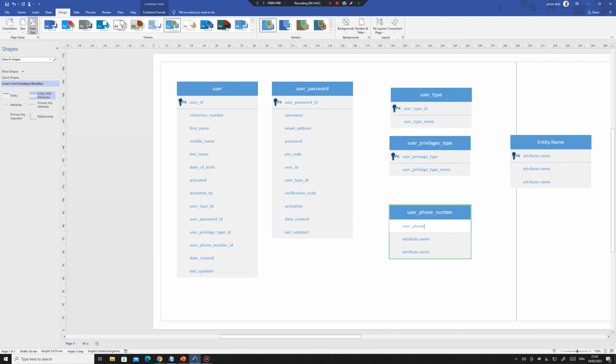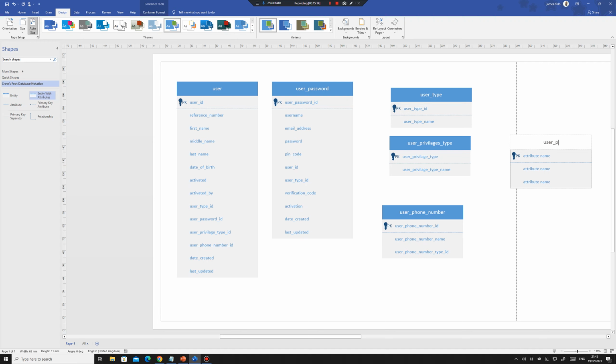So we will have user phone number ID, and we have user phone number name, and we have user phone number type ID. This is a foreign key which links with the user phone number type